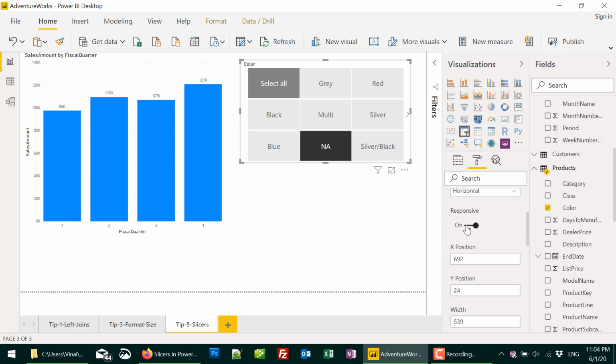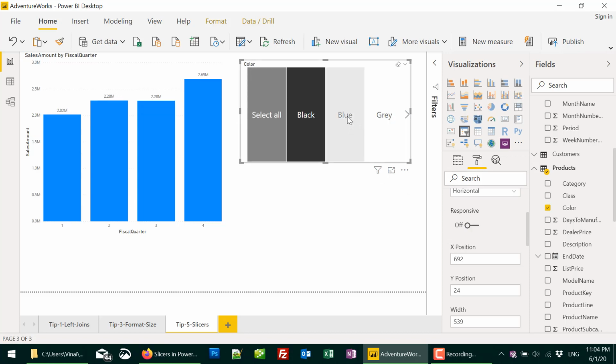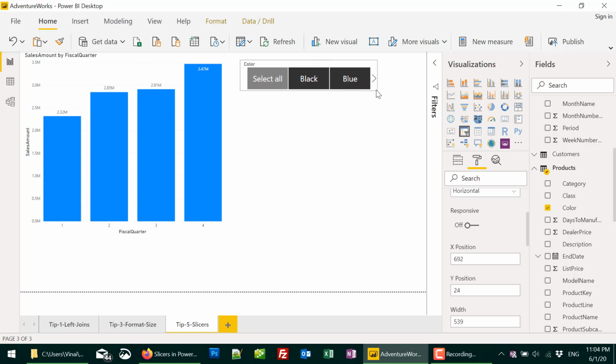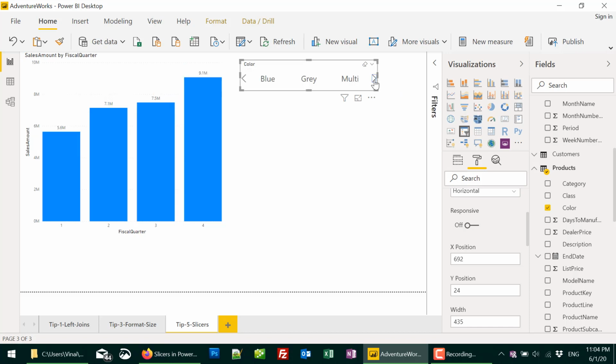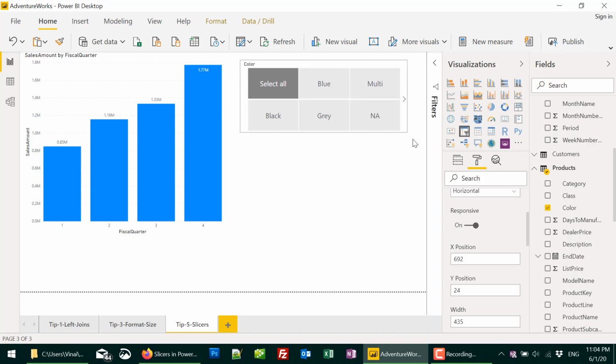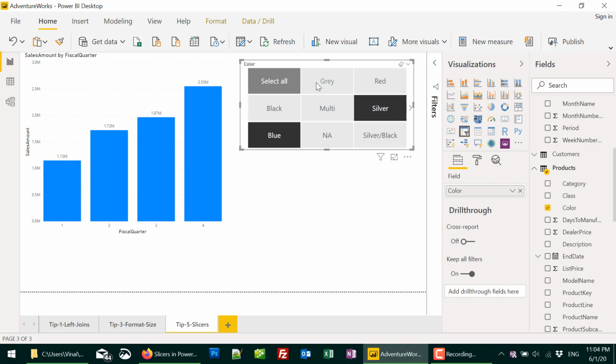And if I just say responsive is off, then you would only see one option, a few options, but you won't be able to see all of them. That's because the control is not that responsive now. We can still click clear and see select all, or we can just choose one at a time. I personally like to keep responsive on and make the slicer slightly larger, where we are able to see more selections. So this looks pretty nice, and the great thing is once you move out, you can see the highlighted